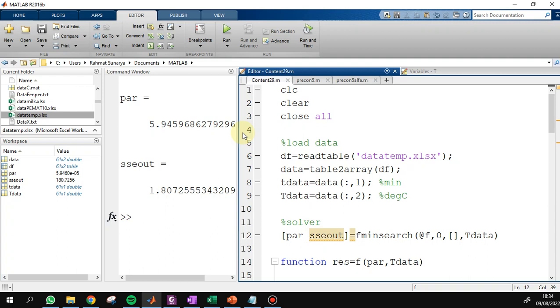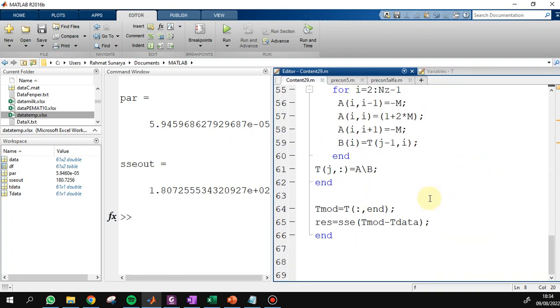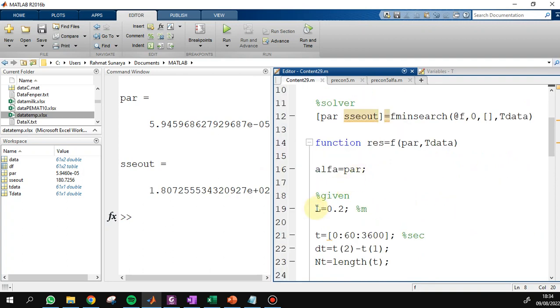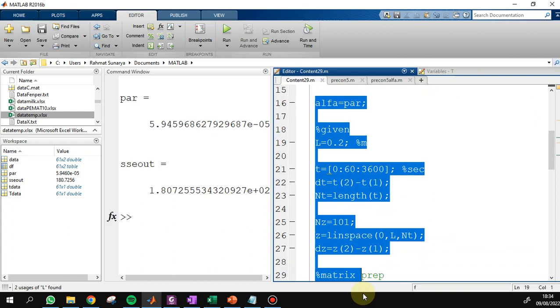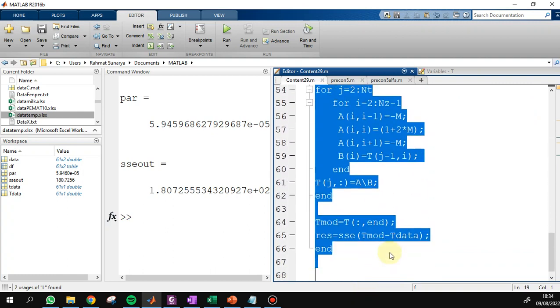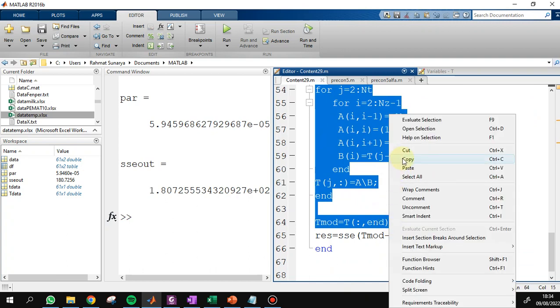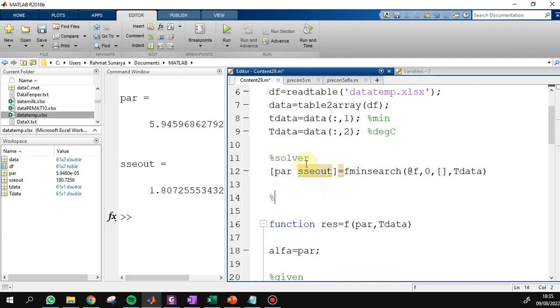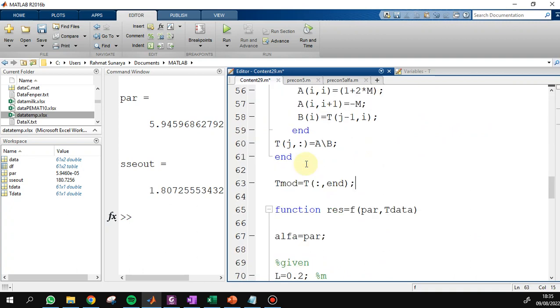We need to recalculate, so this script, this code, copy. Recalculation. Plot.